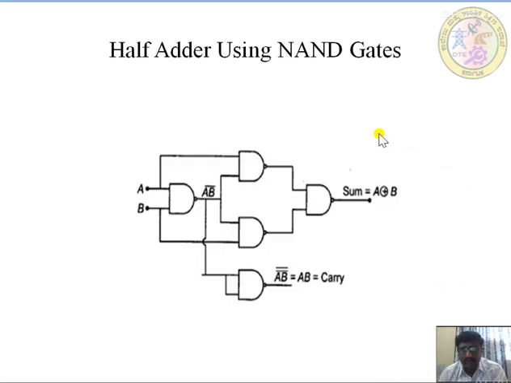Okay, next, full adder using NAND gates. So this one is being done by using the expression. Okay, so by using the De Morgan's law, what will be taking by using the Boolean laws, A bar B plus A B bar. So if you just put the double complement and reduce by using the De Morgan's law, we will be getting the expression. So this one is by using the minimum number of AND gates. Okay, that you can just go through it in the notes that is been clearly given.